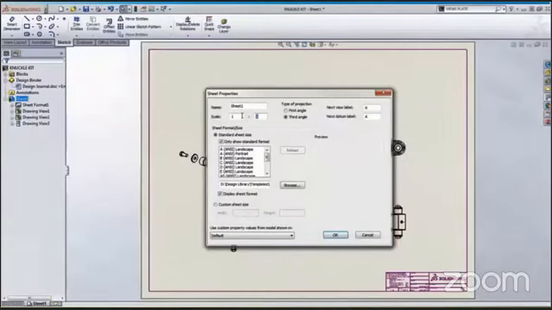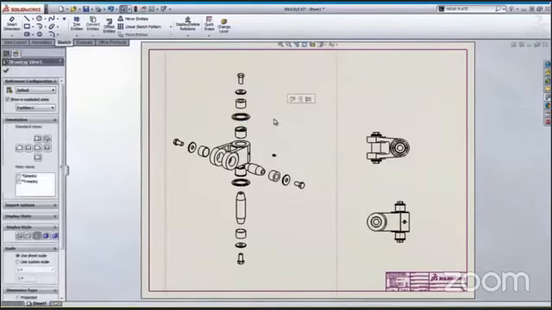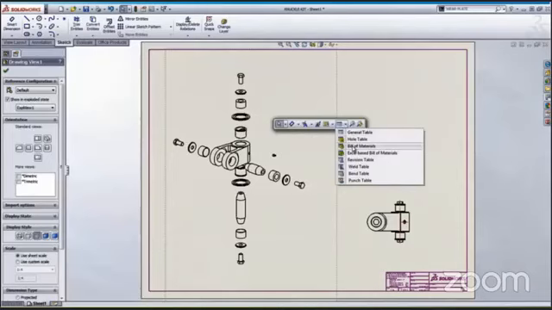Let's make this quarter scale, that looks better. No assembly drawing is completed without a bill of materials. SolidWorks makes quick work of this by extracting all the components, quantities and descriptions into a bill of materials.